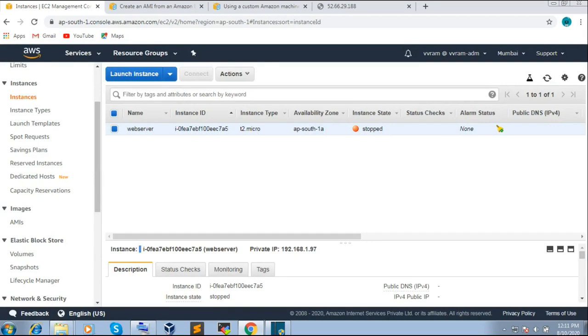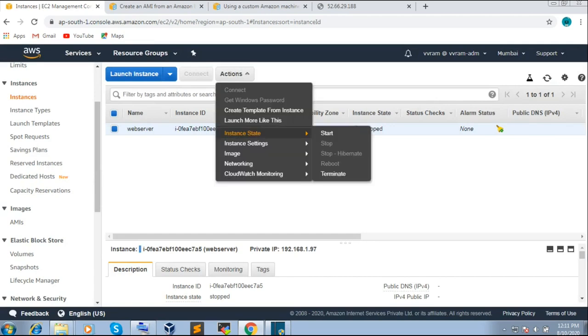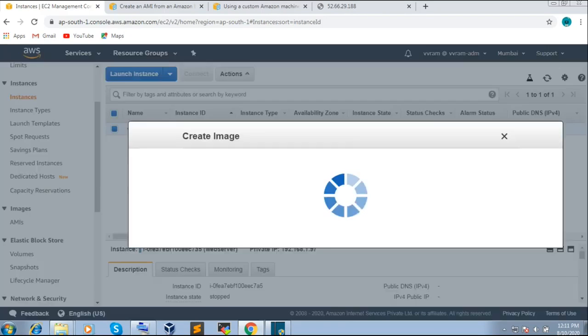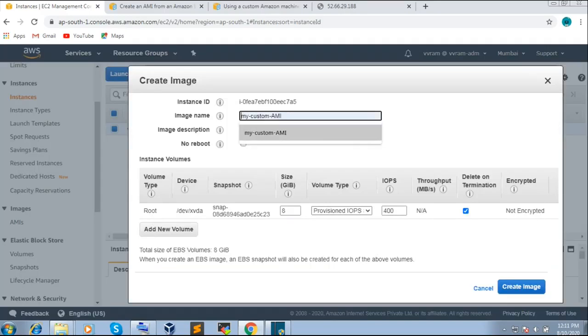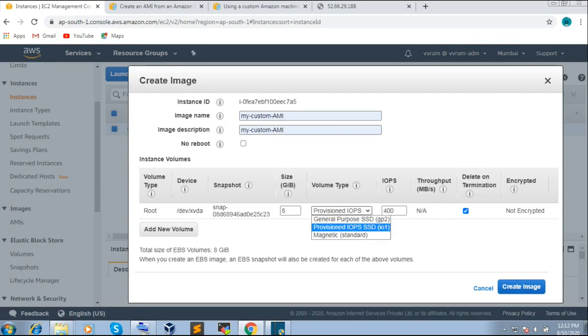The other way is to select your instance, go to Actions, click on Image, and then click on Create Image. I am giving my image name as my custom image, and description my custom image. I want to change from Provisioned to General Purpose.